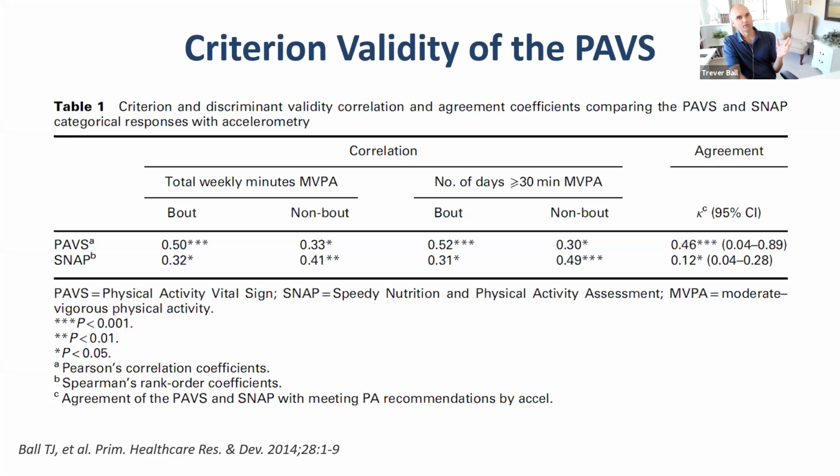Most significantly, however, the rate of patients reporting to the PAVS as having met the minimum aerobic physical activity guidelines was very strongly correlated to that same rate measured by accelerometry. And we thought that was the most important, being a kind of triage measure in the healthcare setting, right? Whether or not you advise them to increase their activity or maintain, or what be it, you know, kind of use that as a diagnostic measure, if it were, of whether or not they're meeting